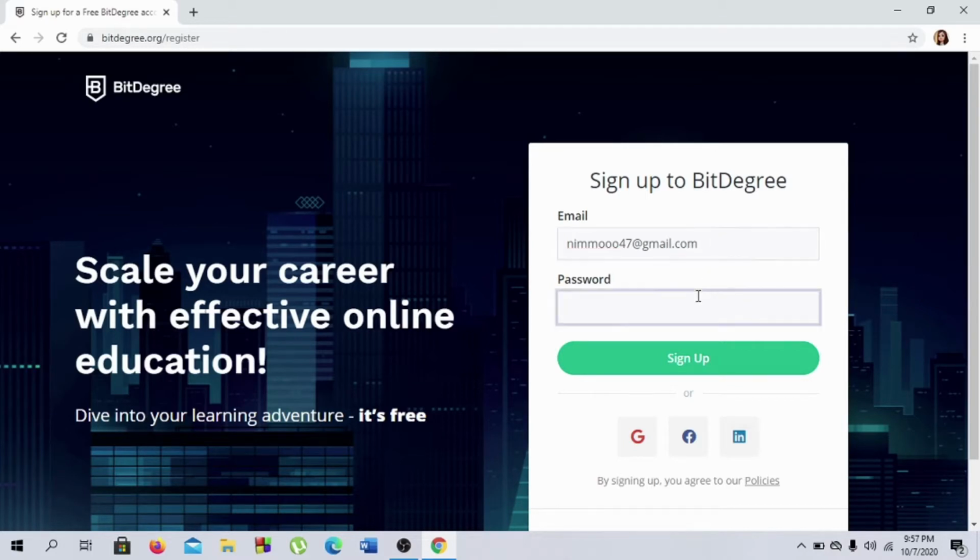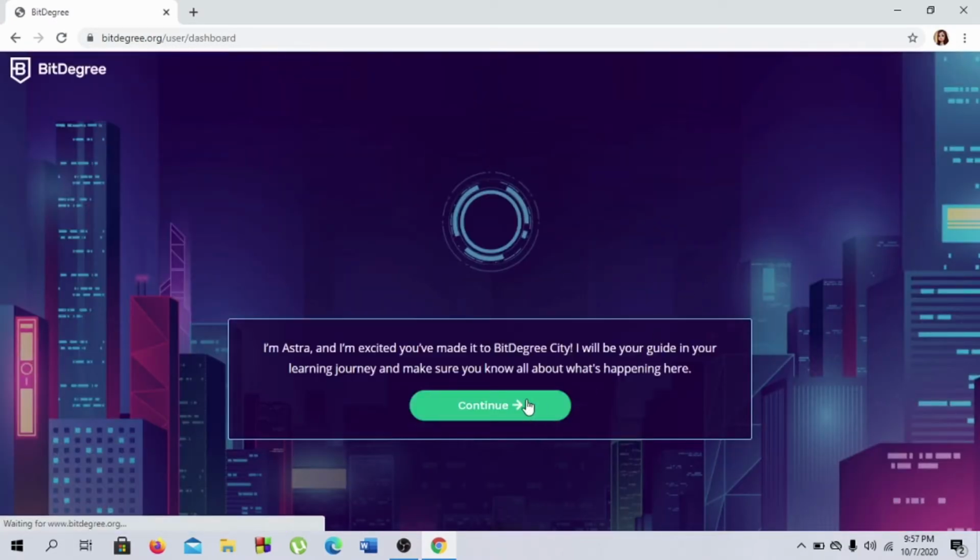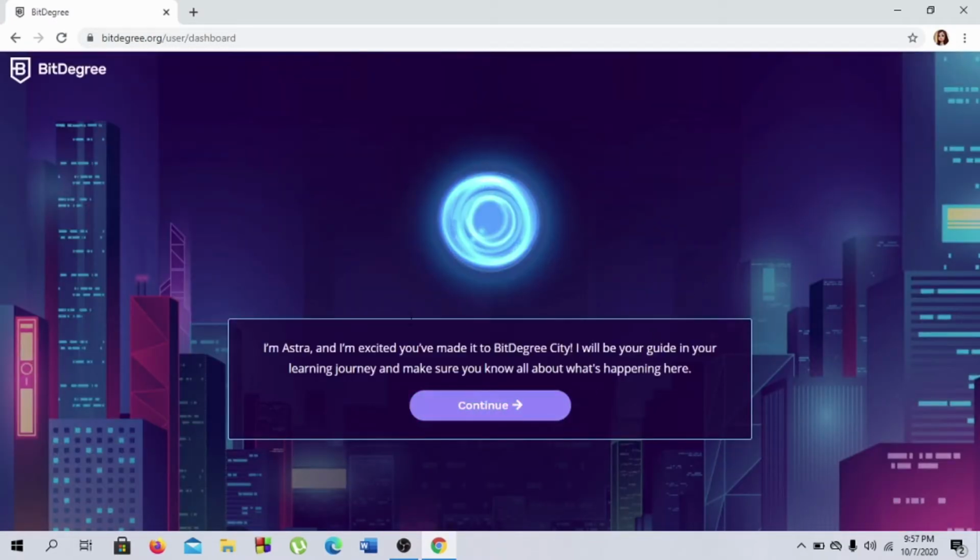And I'm entering my password now. Now click on sign up, and then click on continue. Then again you have to click on this continue.